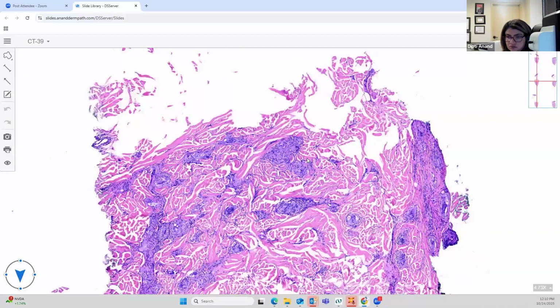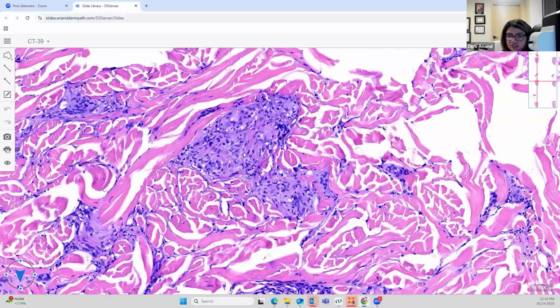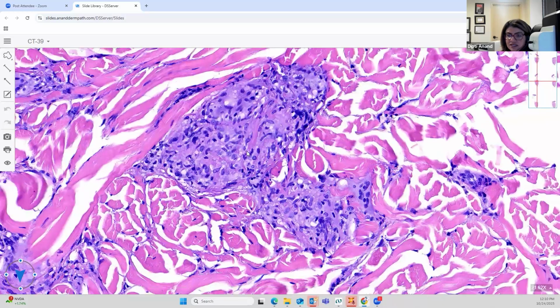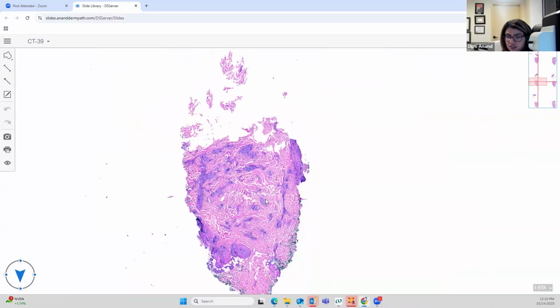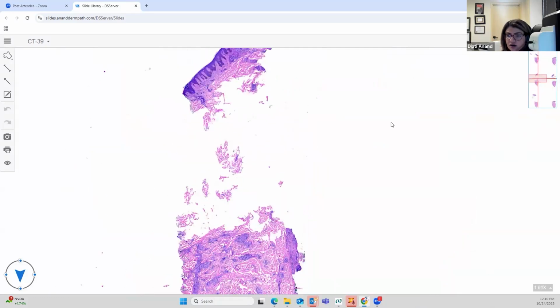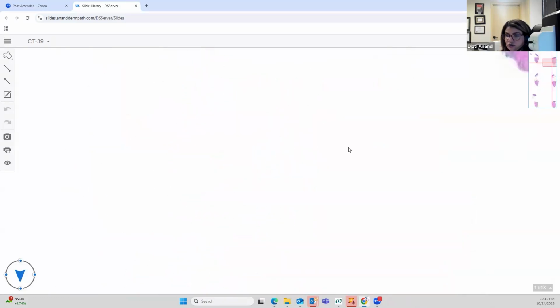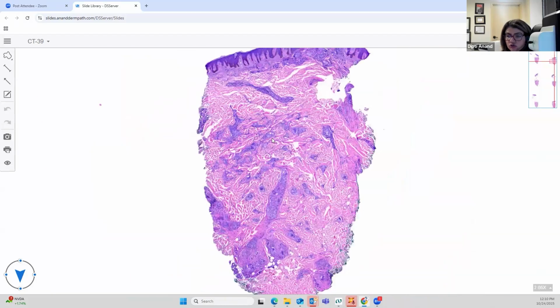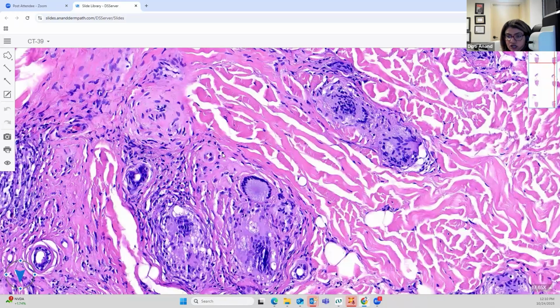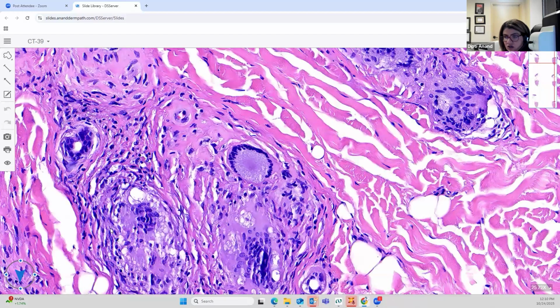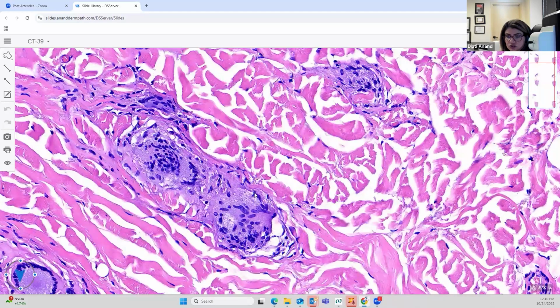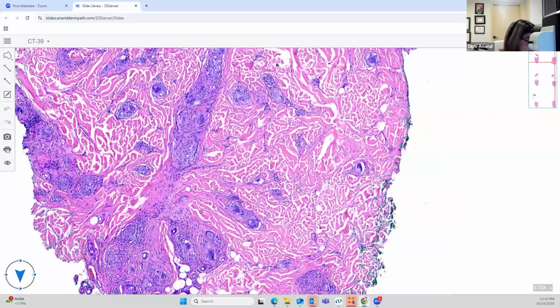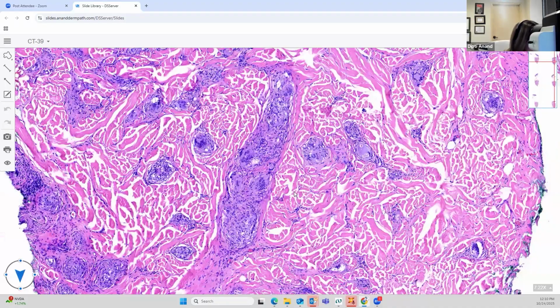So did everybody get that? You can see these nice round nodular aggregates present in a perivascular interstitial distribution. Here the section is kind of separated out, but you can see the granulomas here. There is no polarizable foreign body. These kinds of giant cells are very, very classic for sarcoidosis. That's cutaneous sarcoidosis. And the answer here would be the B, because